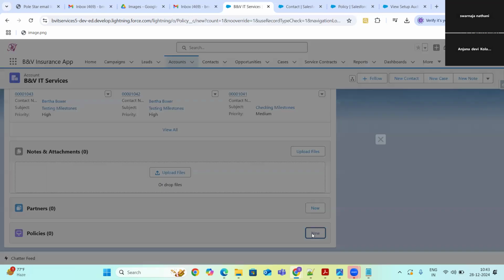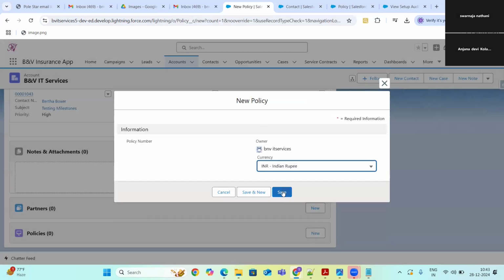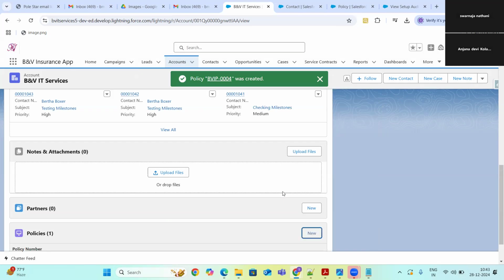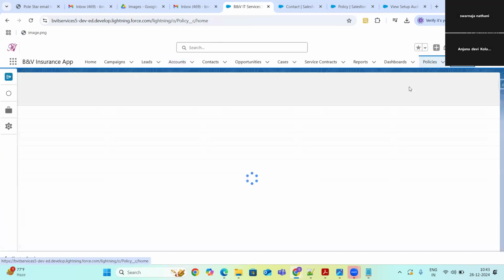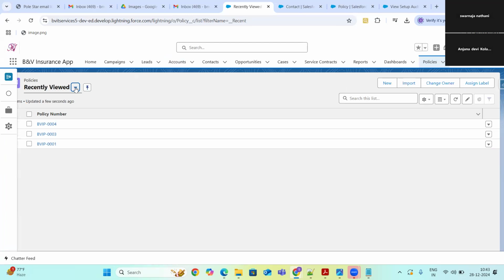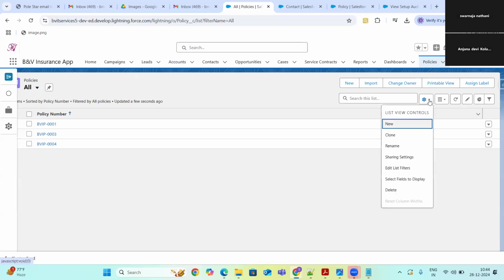Let me just create one policy. I can see a policy is getting created, BBIP 004, which is created for BNB IT services. If I go to the policies and display all the records, this is what we call list views, guys.